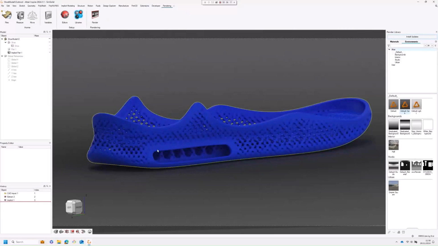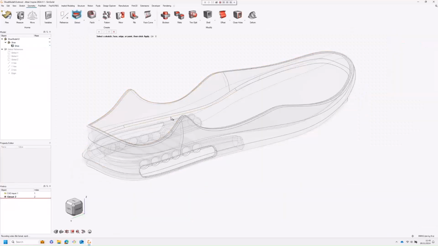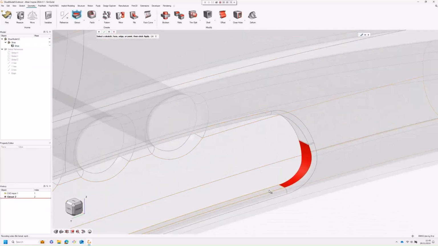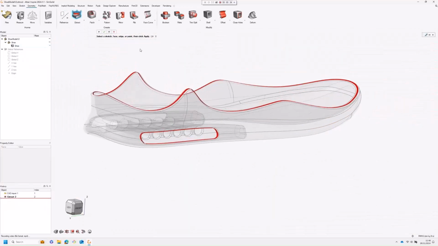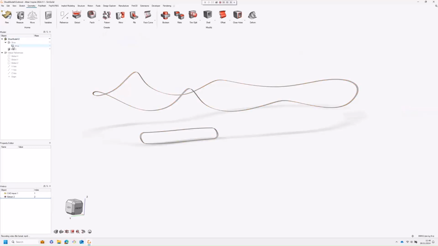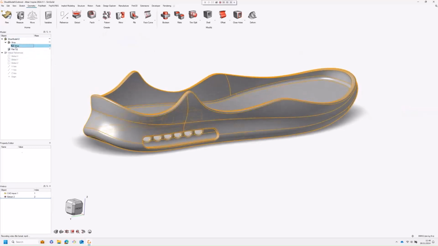This video will demonstrate how to apply field-driven effects to a lattice based on distance to a BRep surface. To begin, use the Extract tool to create a new part containing the surfaces from the model that will be used to drive the field effect. Then select both the shoe part and the extracted surfaces and convert them to implicit using the Implicit Convert tool